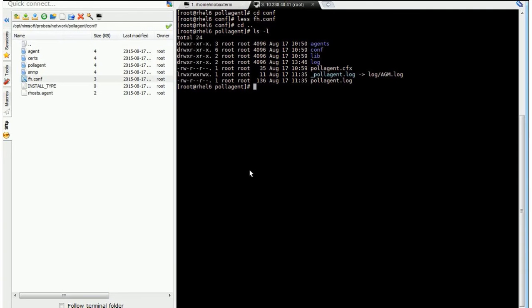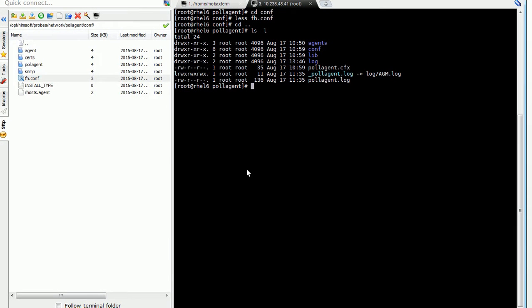Let's look at a session here on the box that has this installed. It is a Linux box in this case, and if we look in the opt nimsoft probes network pollagent directory, that's where this is installed. You'll see that it has a conf directory and a log directory. If we look in the conf directory, we see multiple areas, but we primarily see fh.conf, which if we go here,